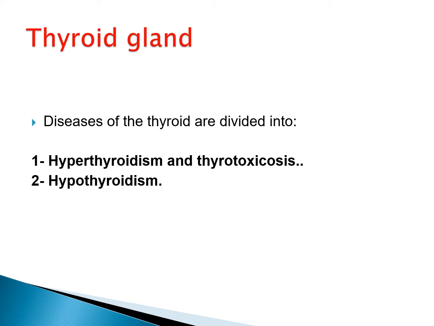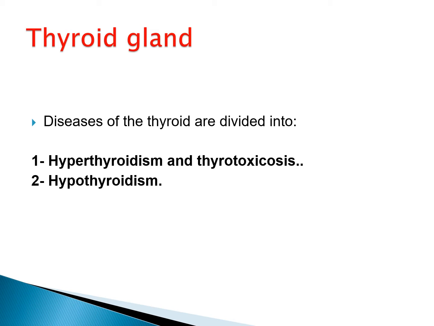Diseases of the thyroid gland are divided into two groups, those resulting in hyperthyroidism and those resulting in hypothyroidism. Hyperthyroidism also sometimes can be used interchangeably with thyrotoxicosis. Thyrotoxicosis is any state where thyroid hormones are very high in the blood. However, not necessarily is thyrotoxicosis related to